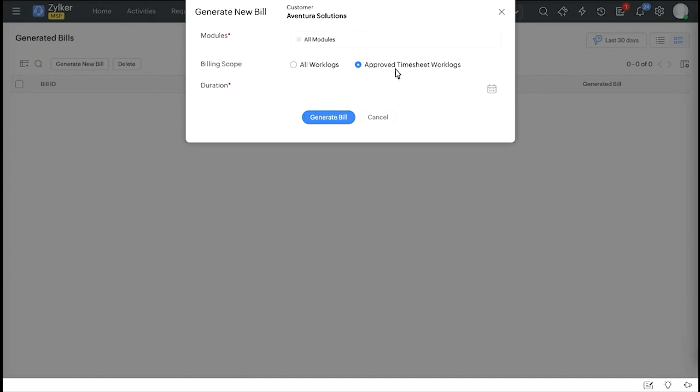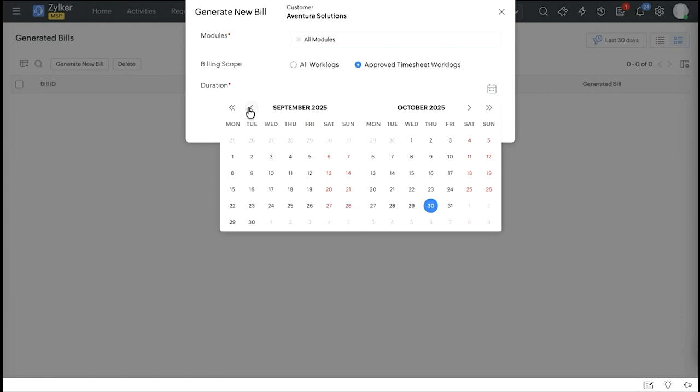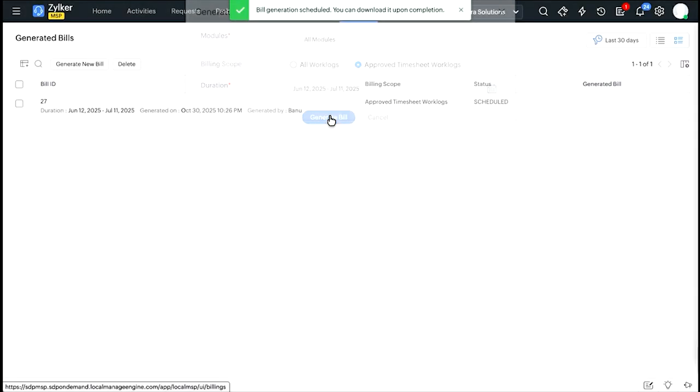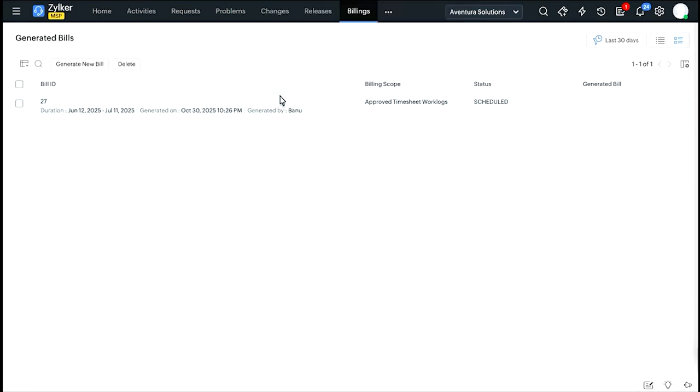That way you ensure that you're billing your client accurately, and you can select the duration for which you want to bill your client. For instance, I want to select from June 12 to July 11, so I can simply create this bill for this particular month. And the moment I click on generate bill, I'll be able to see that a bill has appeared over here, and it is basically scheduled,